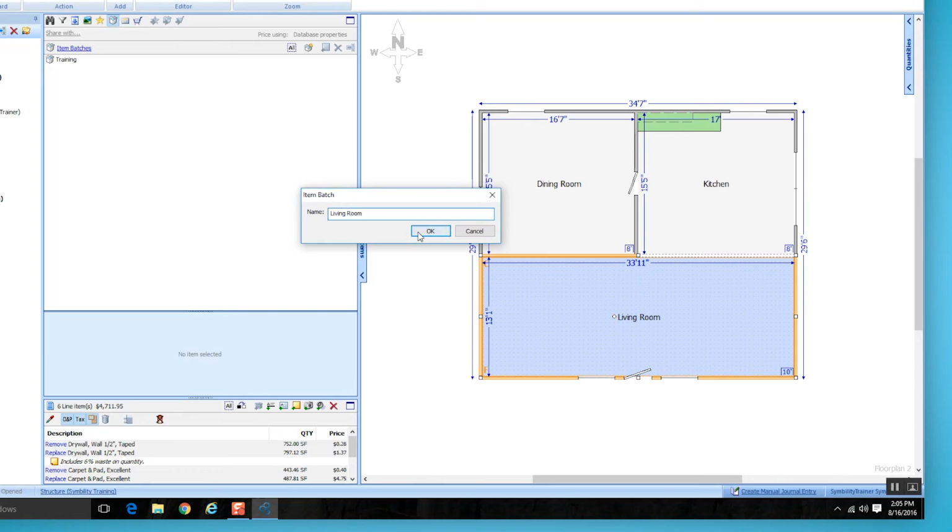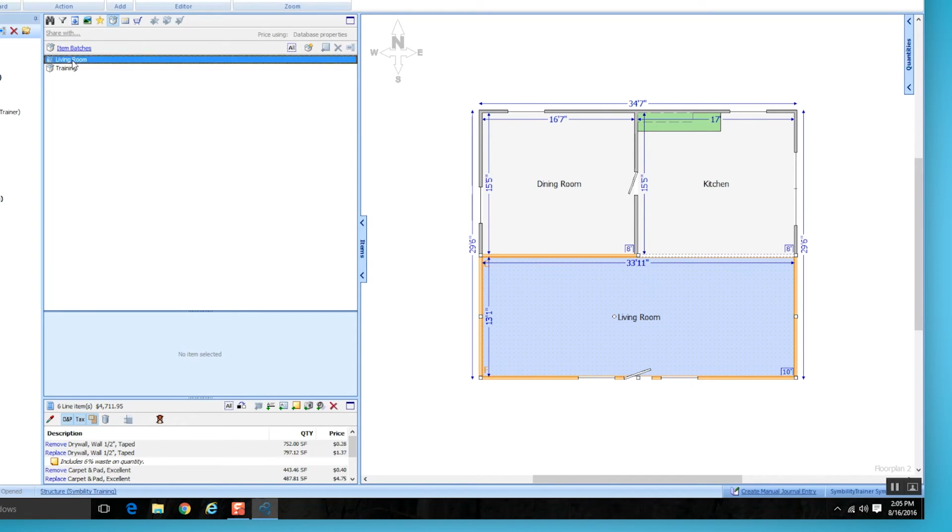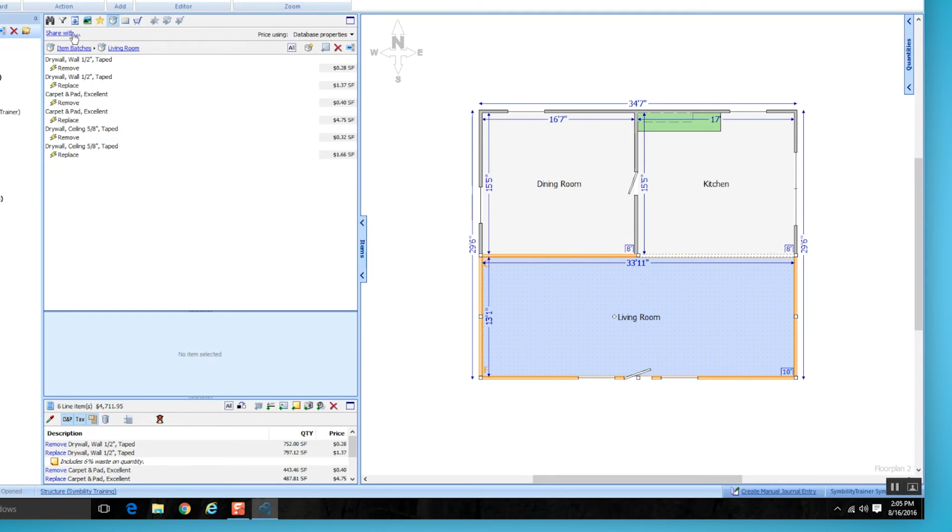I hit OK, and it created the batch, and it added all the items that I had selected all in one fell swoop. If I come in here and I double click on living room, I see all those items that I had added to my living room, okay? And these will be here in any claim you work. So if you work a claim later today or next week, you'll have all of these items already grouped together